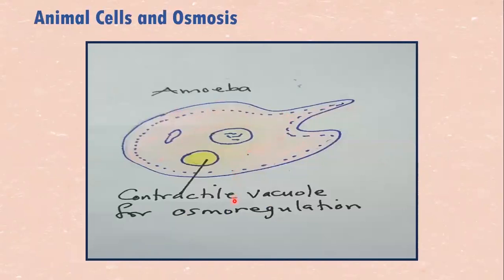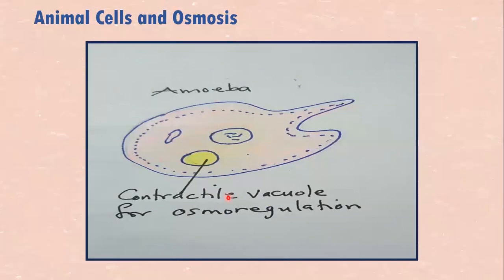So when water moves in from the external environment into the cell, excess water gets into a contractile vacuole. The contractile vacuole is a vacuole that forms very tiny, and as water builds in, it grows bigger and bigger and bigger, and then it will move to the surface of the cell and burst to discharge the contents into